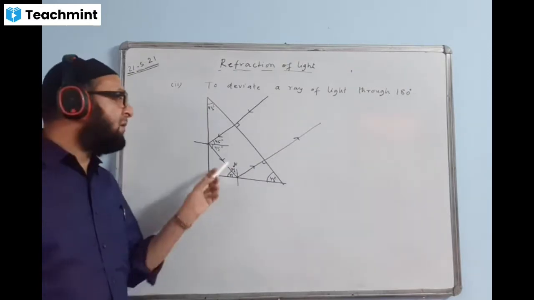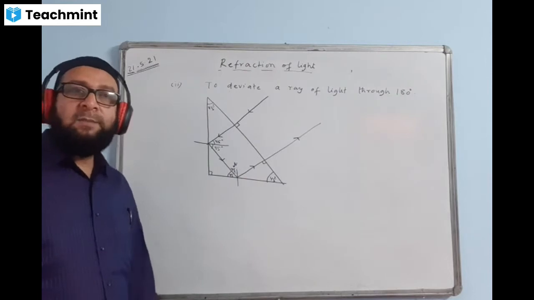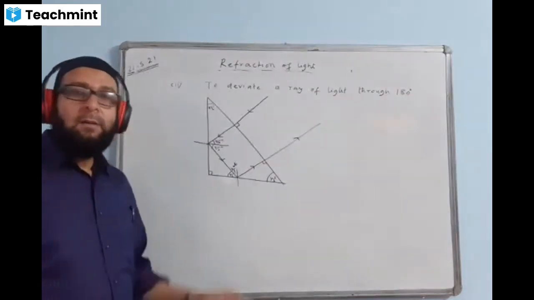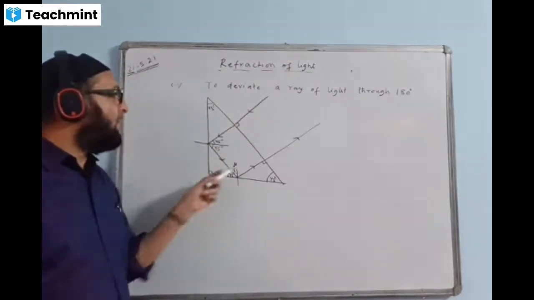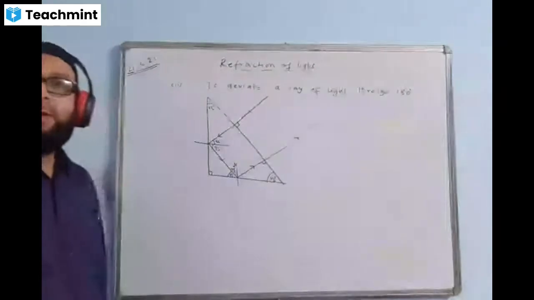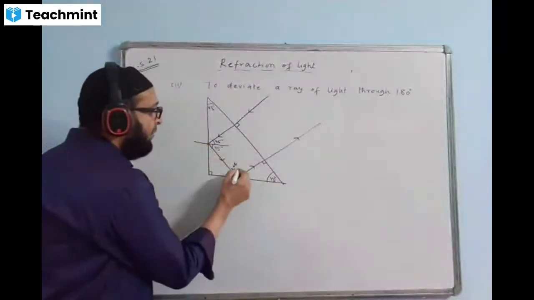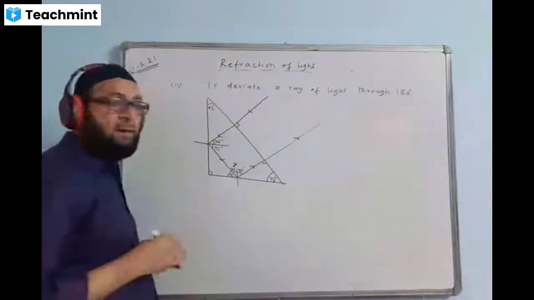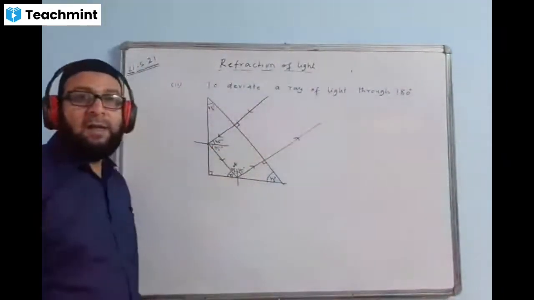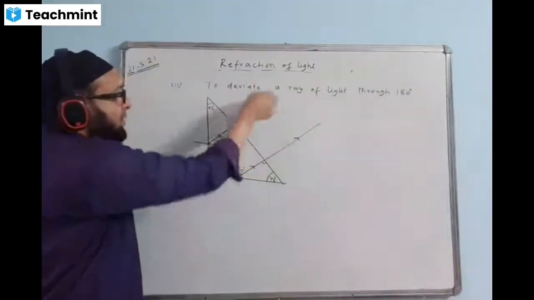This kind of refraction takes place in binoculars. Okay, please copy the diagram first. By how much angle is the ray deviated? We say 180 degrees. So 90 degrees here and 90 degrees here. 45 degrees here and 45 degrees here. The total angle of deviation is 180 degrees. The ray is returning back, like a U-turn.